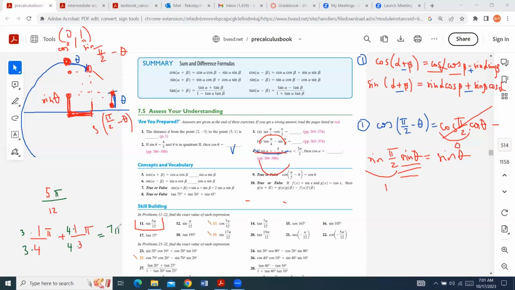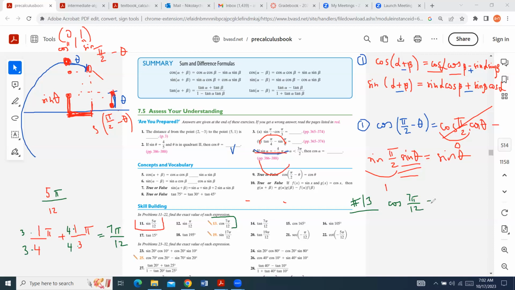So that's not what I need, but actually this could be utilized for problem number 13, right? So in other words, if I do problem 13 now, then when they ask me for cosine of 7 pi over 12,